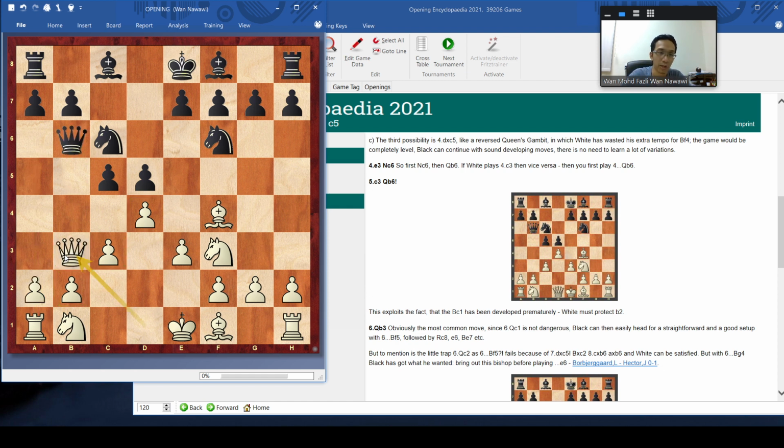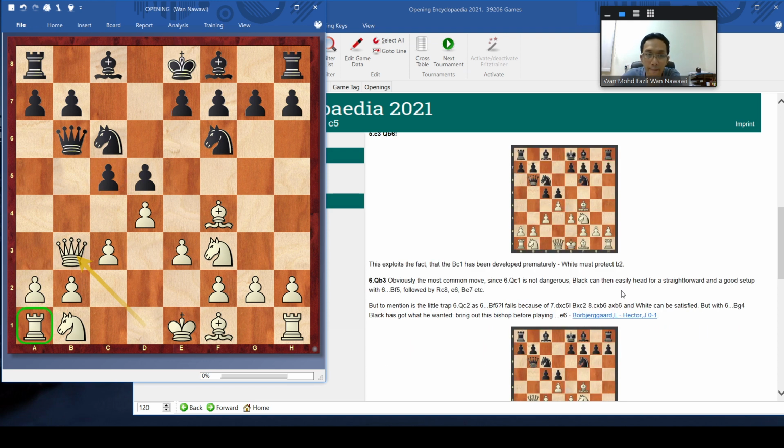Okay, so that's why normally black will not take this. Even though it's double, it gives some advantage to white to open the file for the rook. So that's why black normally doesn't capture. Okay, and also white can also play this thing. This is what Faiz played against Safiddin. Later we will see what Safiddin did against Faiz in this game.